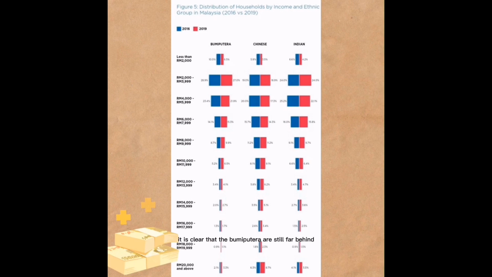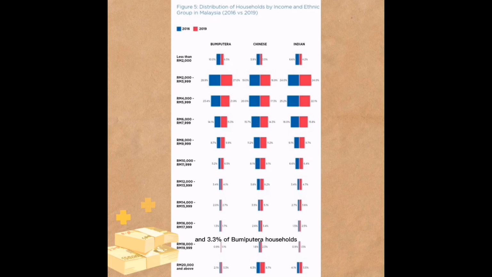From the above data, it is clear that the Bumiputra are still far behind compared to the Chinese and Indians. For all ethnic groups, a decline in the proportion of households earning less than 6,000 was seen. For the income class of 20,000 ringgit and above, there was growth for all three ethnic groups. 8.7% of Chinese households reported having an income of above 20,000 ringgit, followed by 5.5% of Indian households and